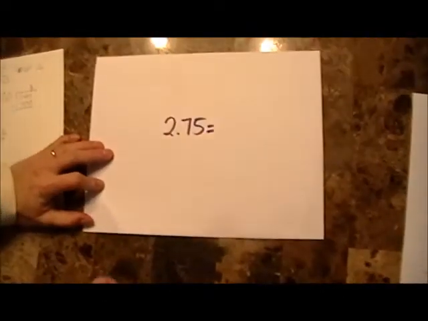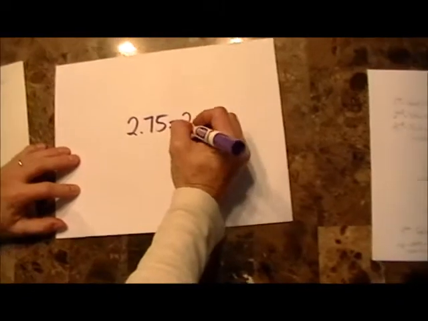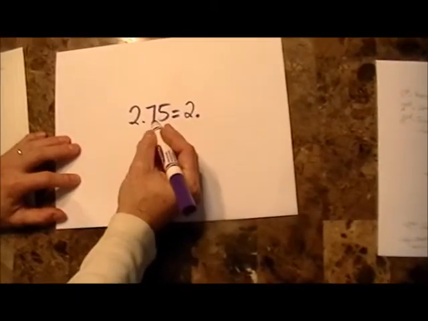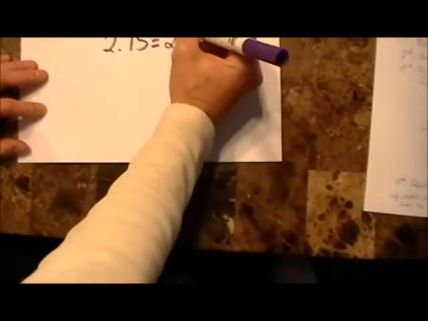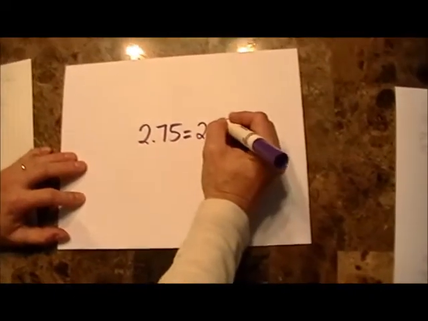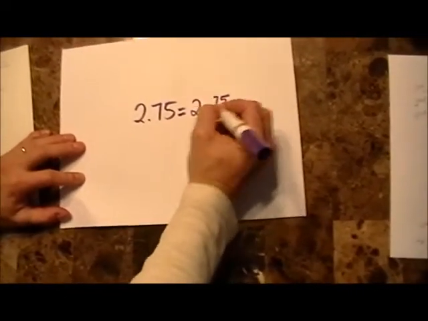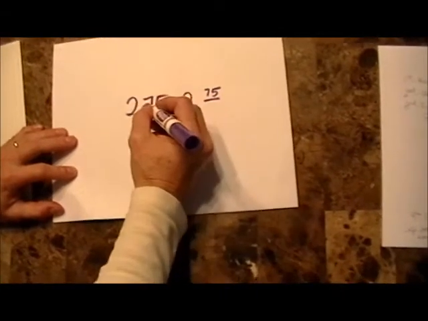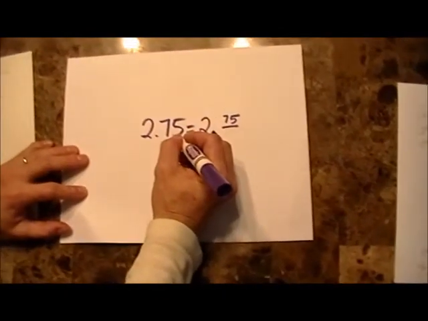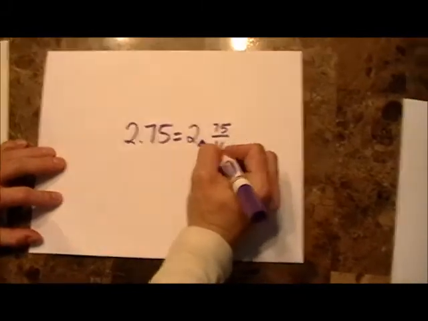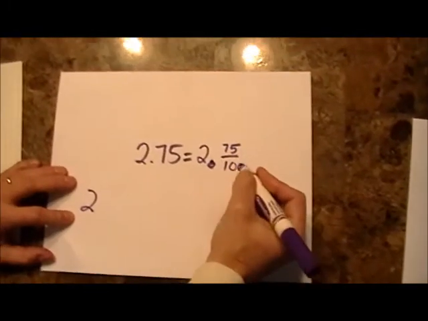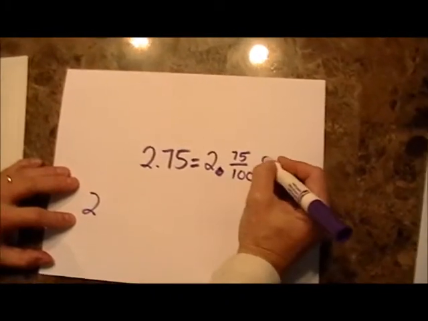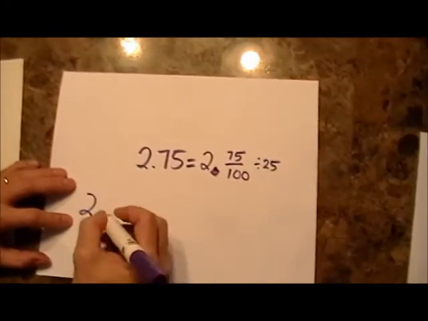One more. We need to show you one with the whole number. My first step was keep the whole number. So I'm going to keep the whole number. And then I need to change 75/100ths into a fraction. And we know how to do that, right? I keep the 75, everything that's behind the decimal there. And then I take the last place value of the last digit, which is hundredths. And now I need to reduce. So don't forget my whole number. 75 and 100 can be divided by 25. So if I do that top and bottom,